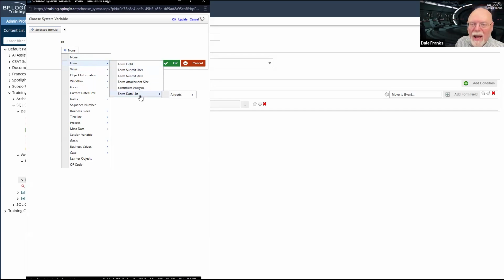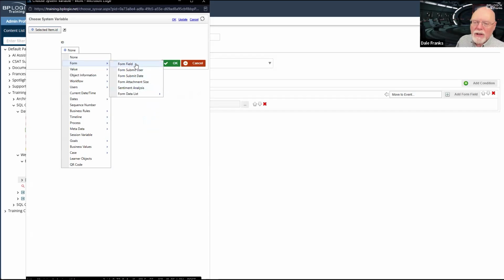There's going to be a new menu for form data list, and it's going to show you all of the data list controls on your form. In my case, we have one. That's our airports data list. And then we see all of the fields that we have access to. So in this case, we are setting up the ID field. So we're going to use the ID field from the airports data list.